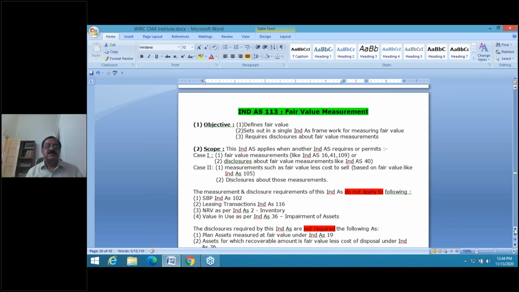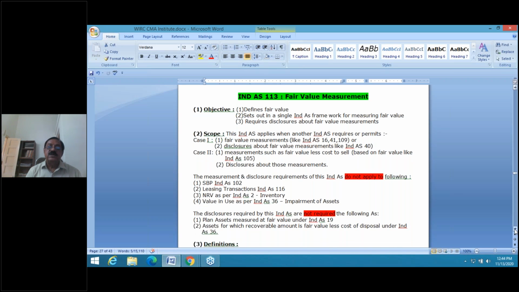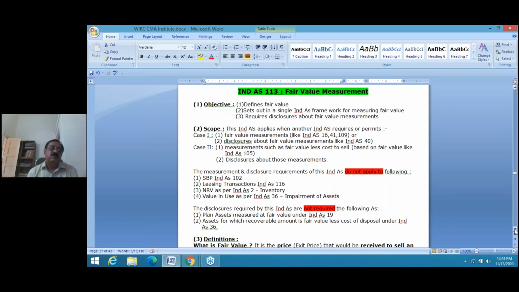And friends, the last item I am going through is fair value measurement, because so many times a theoretical question has been asked on this. When your paper was theory, sometimes they asked questions on this; now it will obviously be totally MCQs. So I'm just referring to this in a quick session. Earlier also in Ind AS 16 we have seen fair value is there. Even Ind AS 2 has a fair value reference. So it defines fair value, sets out a single Ind AS framework for how to measure fair value, and requires disclosure about it. So all normal scope.